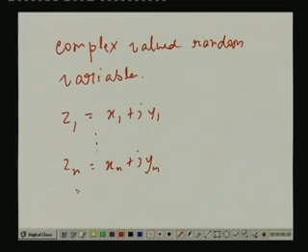But remember, each of these z1 to zn has two components, one is the real component and another is the imaginary component. x1 also is a random variable, y1 also is a random variable. Similarly, x2 is a random variable, y2 is a random variable. So, a set of n complex random variables equivalently means a set of twice n real valued random variables,